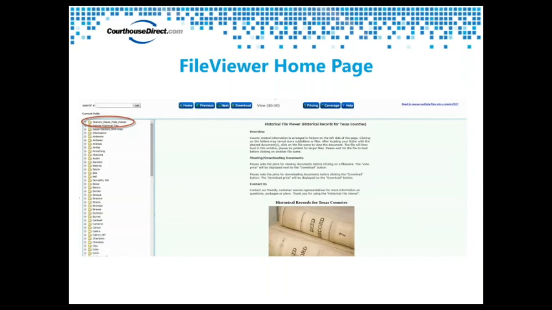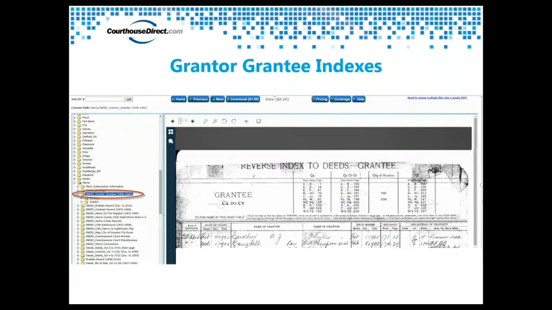So when you dial into the FileViewer, this is the home page that you see, and essentially the very top folder there is what we call starters bases. A lot of records that we scan are prior title commitments. Now, if you're doing records out in a West Texas county where we may not have a lot of title commitments, we may not have a lot of information for you there. But if you're working within usually a metropolitan area, that's where we scan a lot of these old starter files